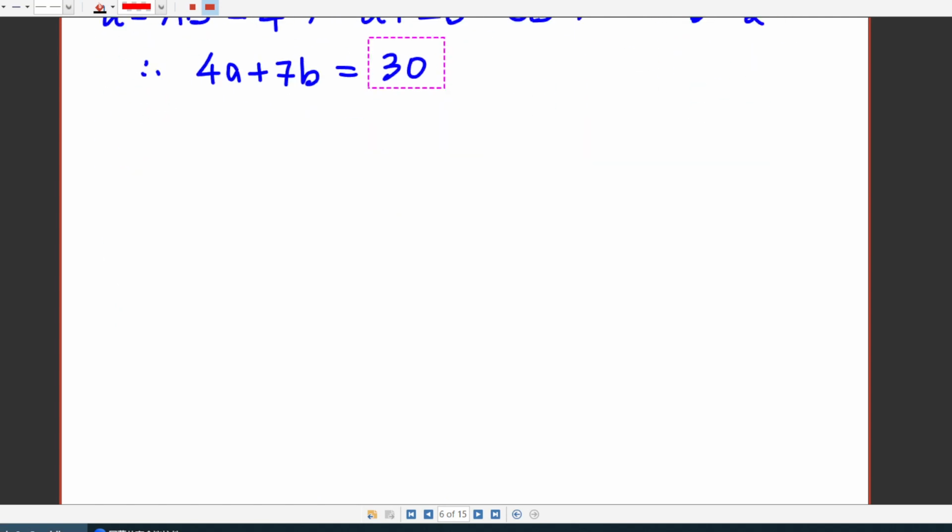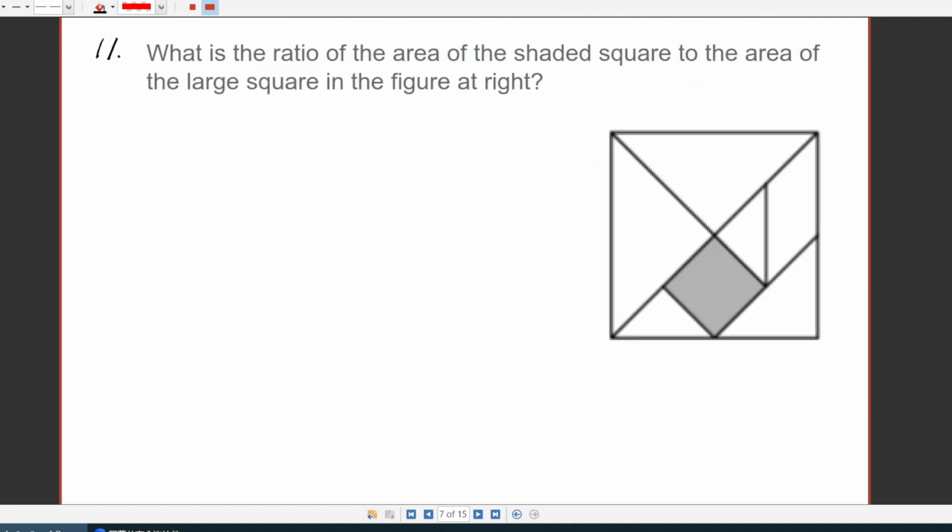Okay, then let's see the next one, question 11. What is the ratio of the area of the shaded square to the area of the large square in the figure at right? Okay, so note that if you call this point E, this point F, this point G, and this point A,